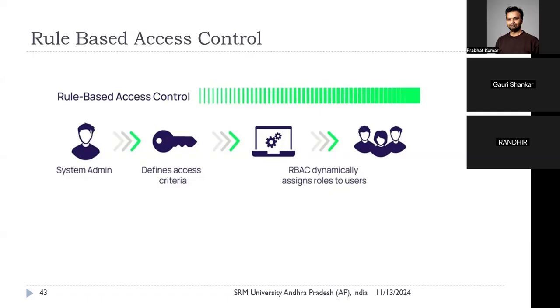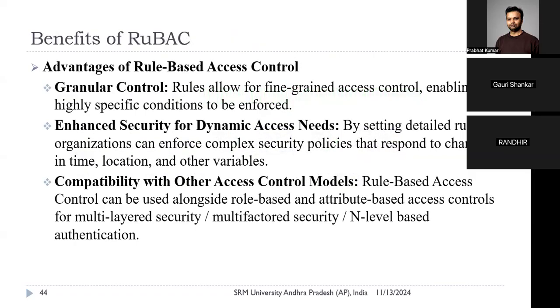And rule-based is nothing but an extension of your attribute-based with some if-else set conditions. So, again, rule-based access control is basically granular control. Fine-grained access means every attribute you are checking, not only role. Every attribute also you are checking, plus in that attribute, some rules also you are checking. So this is known as fine-grained access control. So all rules